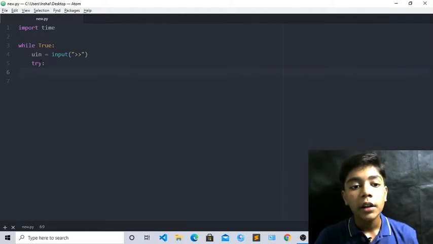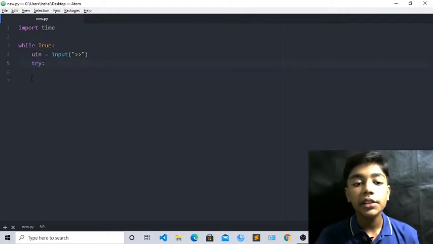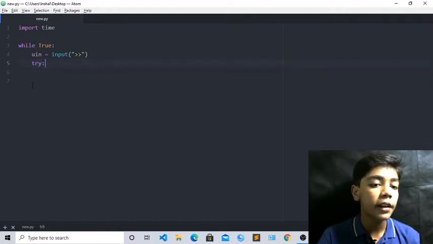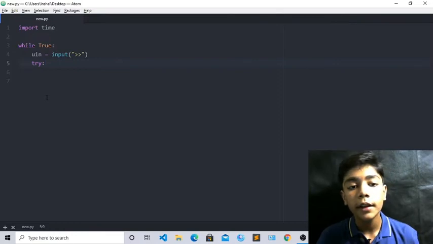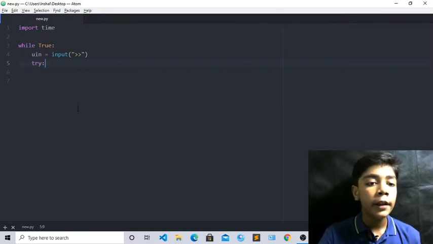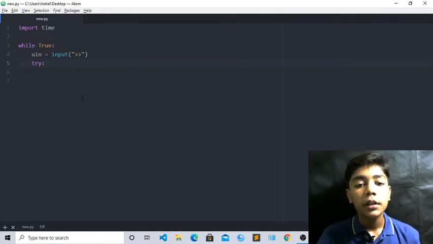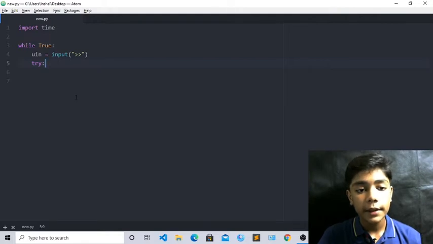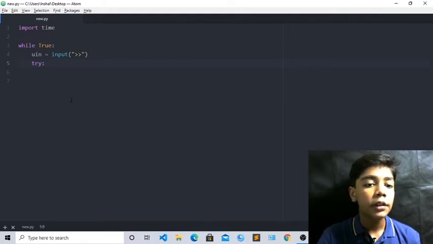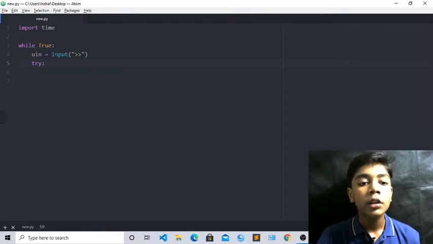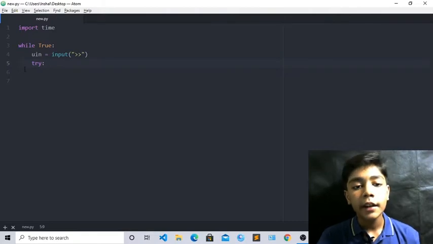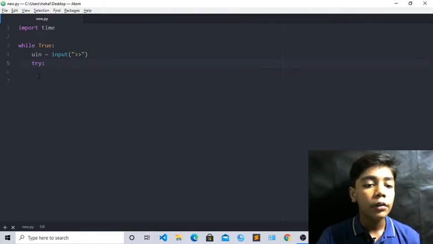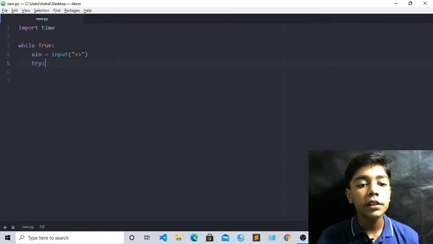Just close it. Now I hope you all remember this try tag because we use it in many things, like when we were building the guessing game, and when we were building the car game with Python we used this try tag many times. It is really important in Python when we are making one big project or topic. So we have to use this try tag here, like we are using it when we are making clock, countdown and timer.